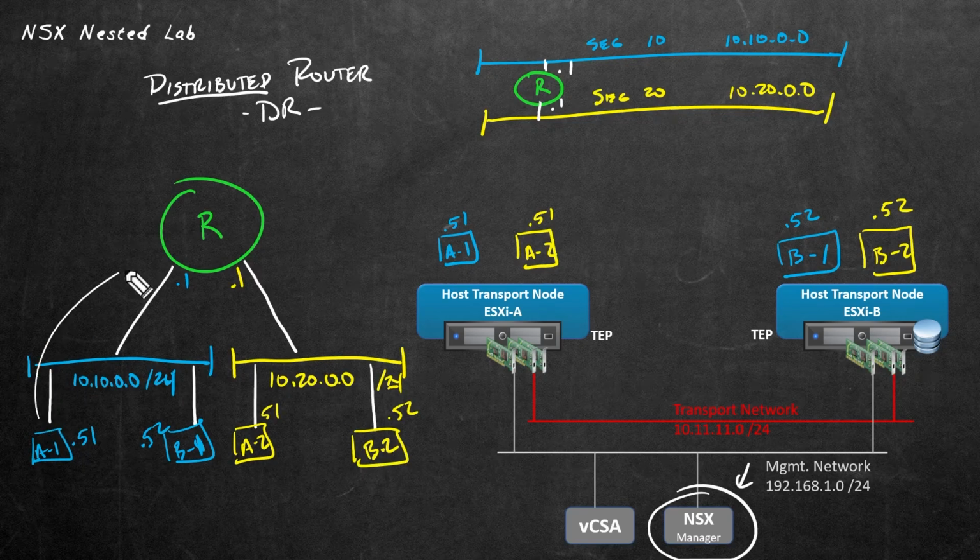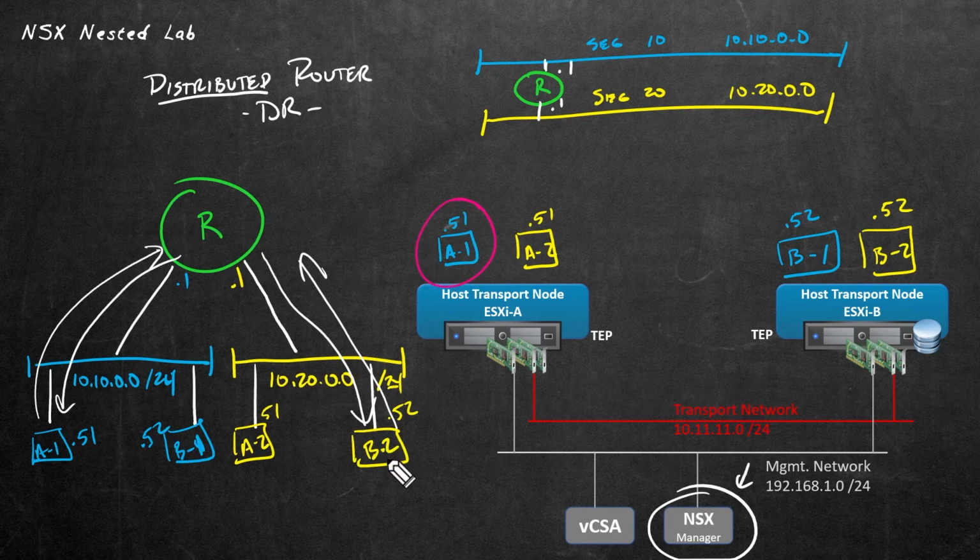So once again, that traffic would be sent up logically to the router, who would make a routing decision, and then forward it down to that VM. And then the response would go in the reverse direction as such. So the two parties here are A1, this VM over here, and B2, which is this VM over here. Now, because those two VMs are on two different ESXi hosts, there is going to be some sending of that traffic over the tunnel. And we would use Geneve encapsulation for the tunneling, as the traffic between this VM and